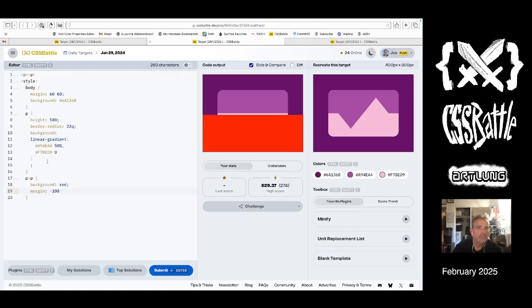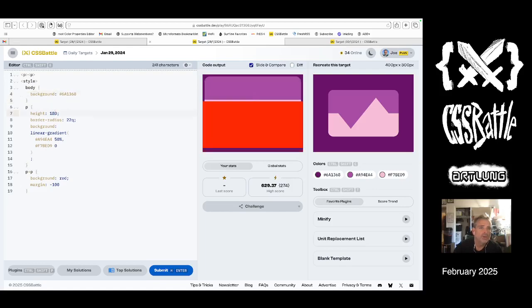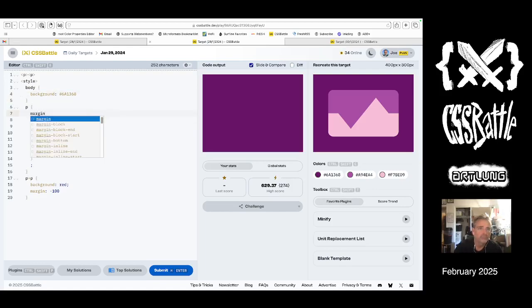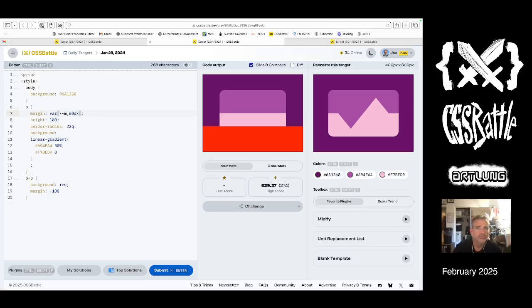Margin, and actually, let's put the margin here. Bar dash dash M or 60 pixels. Okay, and then the margin here is minus 200,